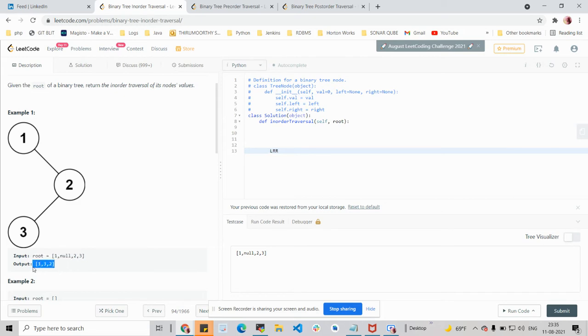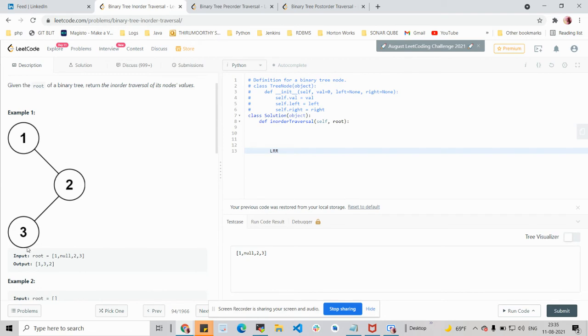the expected output. So, this is the given tree over here. If we observe, this is the root. When we start with the root, we don't have a left over here. So, we are visiting the root first. That will be the first entry in our output. Then comes the right subtree.